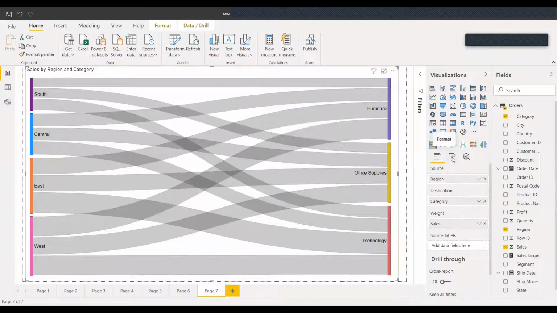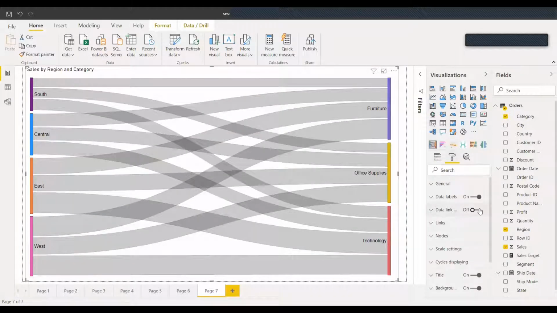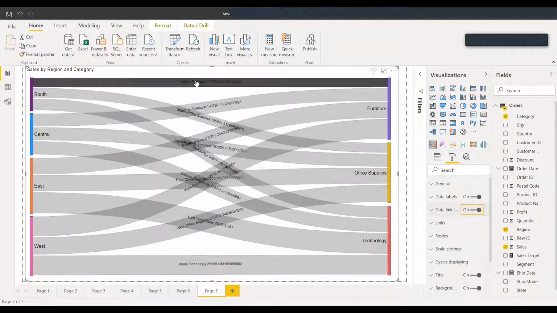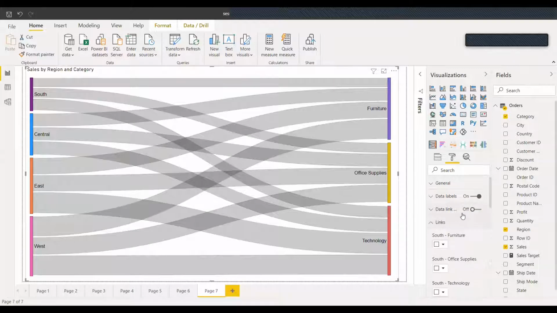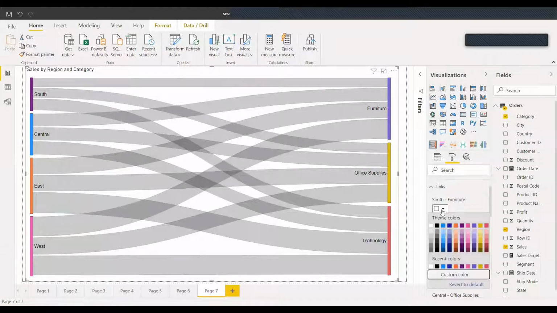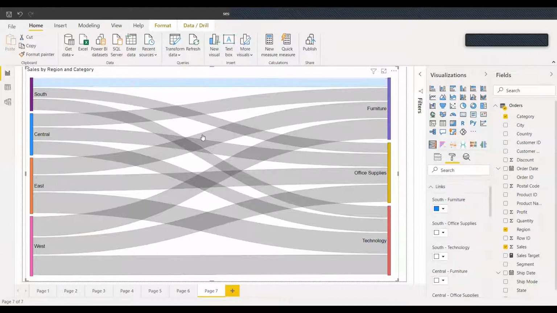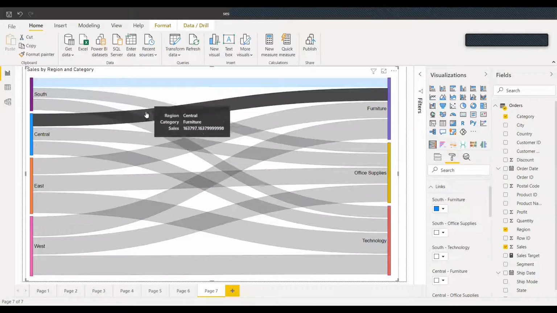Here you get some additional features like data labels, which will show the name. We have data links, so if you open it, it will show you the value in the lines, but it won't look good. Then you have the option of link, where you can choose the coloring of each link.